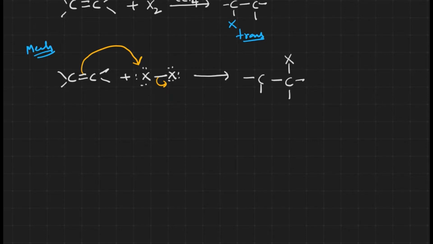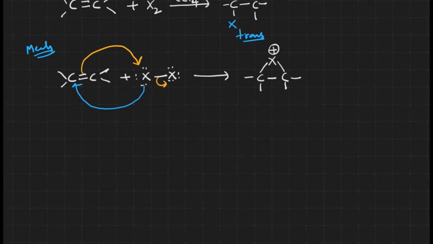X is there, and we have lone pairs also. Instead of drawing it step by step, I'll just write directly how the reaction takes place. When it attacks, the lone pairs attack back over there and form a cyclic structure. It is going to be something like this. Now the halogen has a positive charge, in cyclic form.